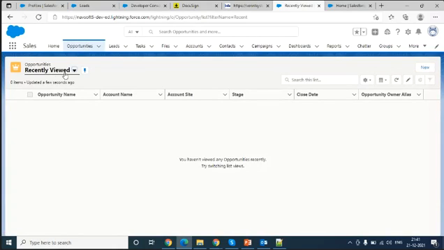Anything you require? Please repeat once, sorry. You need to create a developer org for yourself. I showed you how to create it. You have to create it, log in and see the UI, the menus and what things are there.